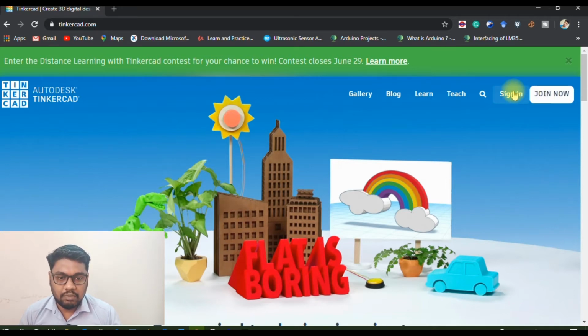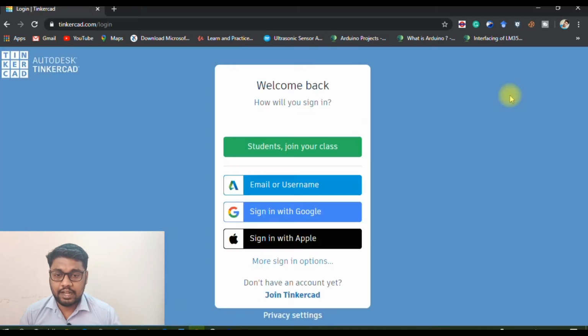Click on the Sign In button, and it is immediately redirected to another page. Here you have multiple options to sign in to Tinkercad. One is signing in with Google. If you have a valid Google email ID, you can use that, or if you have an Apple ID, people using an iPhone definitely use a valid ID to access and install applications and synchronize with iTunes, so those people can use their Apple ID.